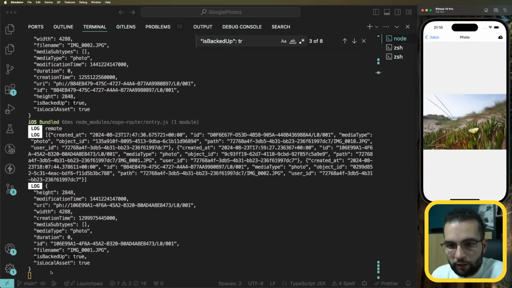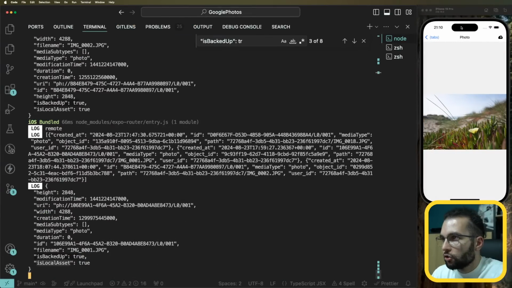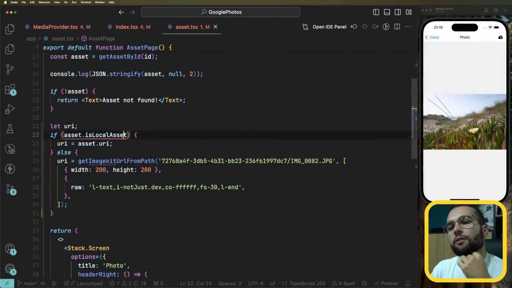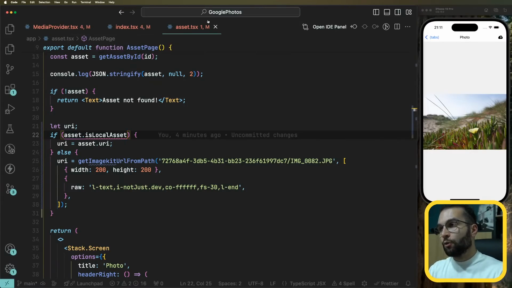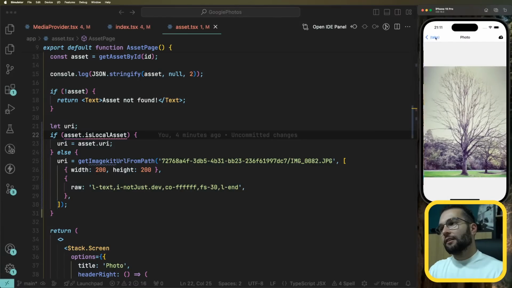If I go here, is local asset is true. Is backed up is true as well. Oh, yeah, this one is local as well, because it has both local and remote,